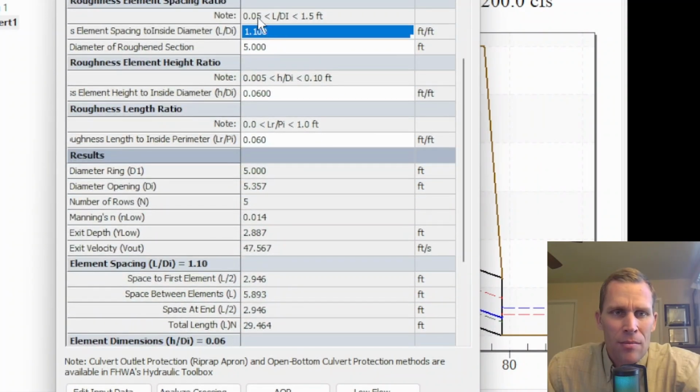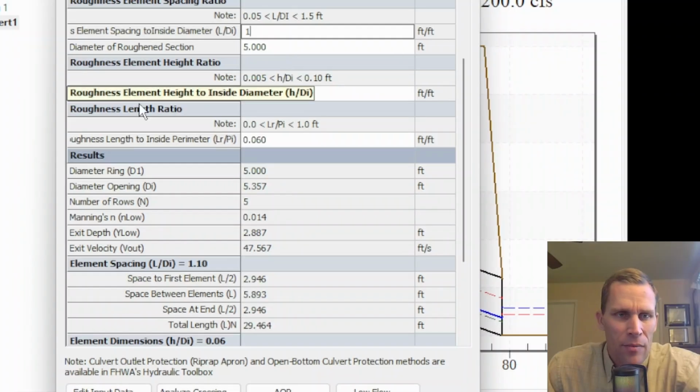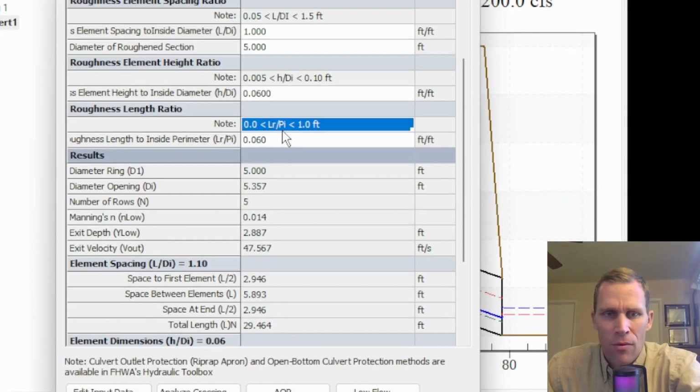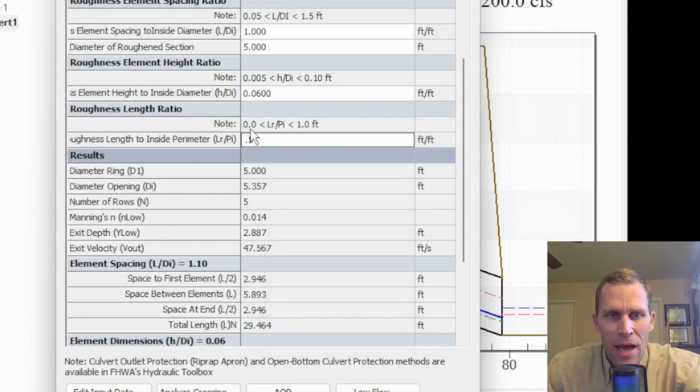L over D ranges between 0.05 and 1.5. I'll just say it's 1. And then we have the roughness element height divided by the diameter. I'll go ahead and say 0.06, that's fine. And 0.5 is what I'll use for roughness length. That's halfway between 0 and 1. All right, so some of these parameters you got to play with and figure out what's best for your internal